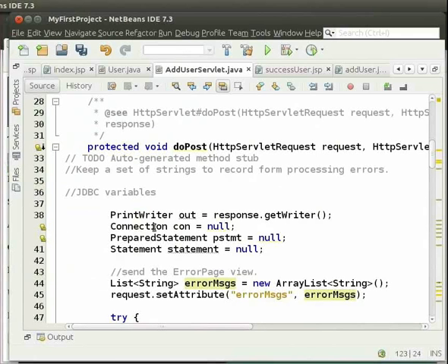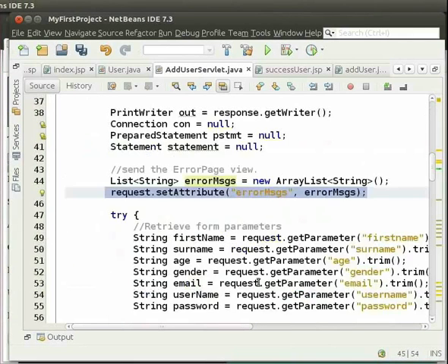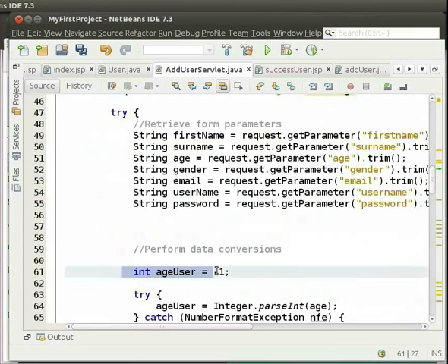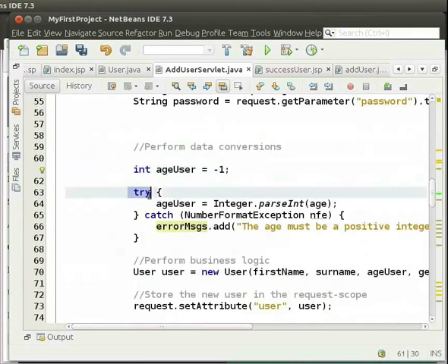Open AddUserServlet.java. Here also we have created a list of error messages. Then we set the variable error messages into the request scope using the setAttribute method. Then we have declared the variable age of type integer and initialized it to -1. Inside the try-catch block, we have used the parseInt method.